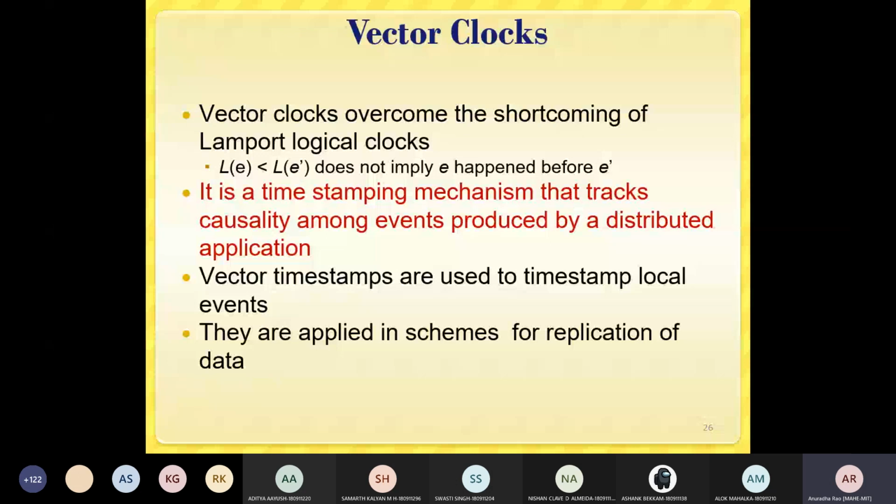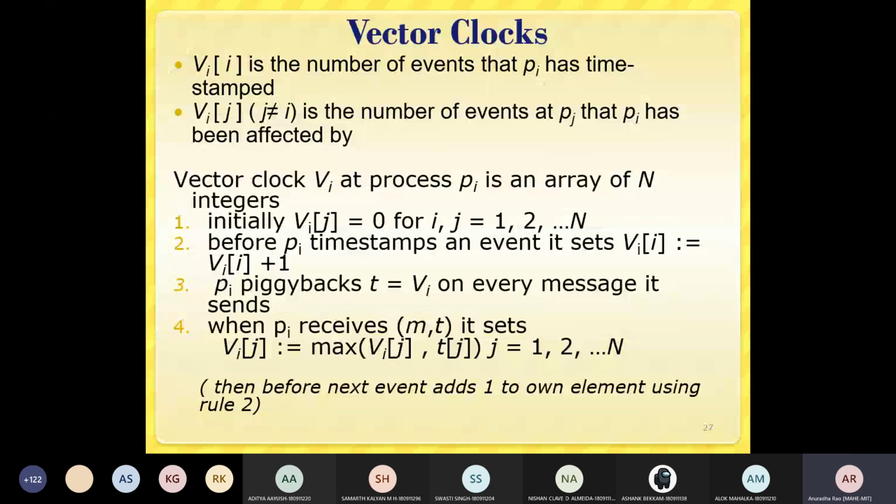They are applied in schemes for application of data that you will see later. These are the conditions we are going to use for vector clock implementation. Initially, even here, the vector clocks on the different processes will be equal to 0. Before Pi stamps any event, it will be incremented by 1.